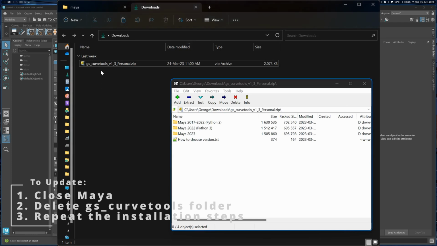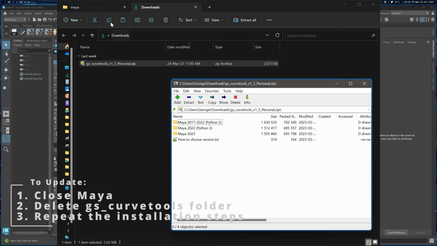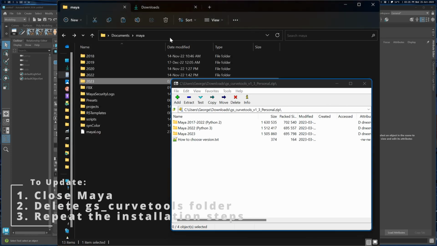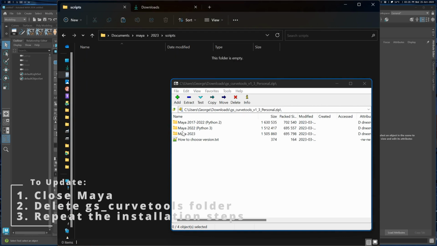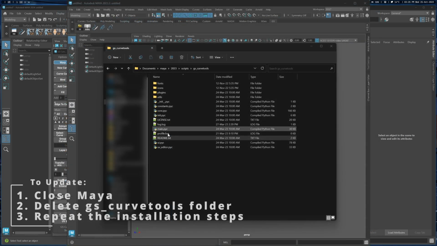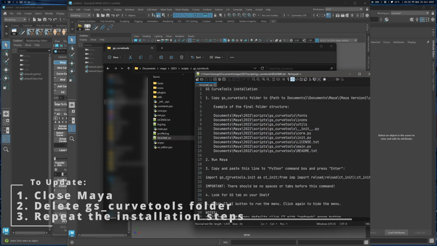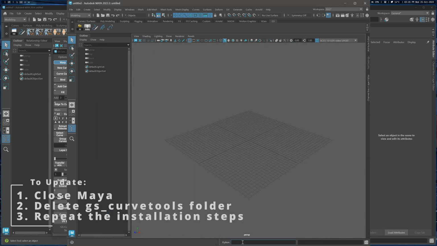and I shuffled some files around, so you will have to reinstall the tool completely. So you'll need to delete the folder. First of all, close Maya, delete the folder, and then repeat the installation steps. So you will need to reinstall for this update completely. This update is backwards compatible with previous versions, but just in case, finish your old projects just like before and